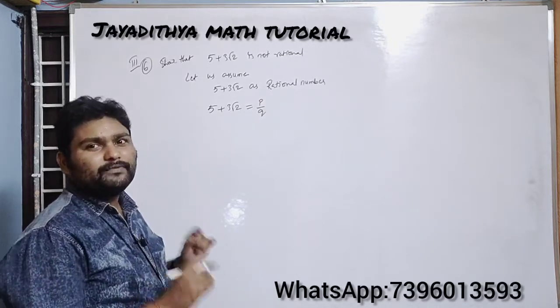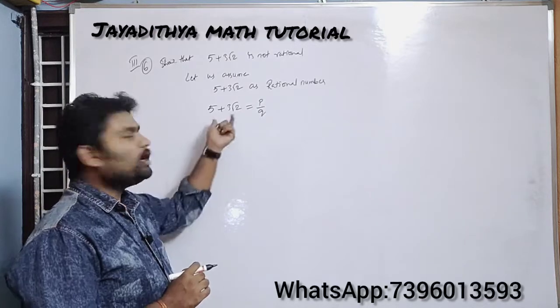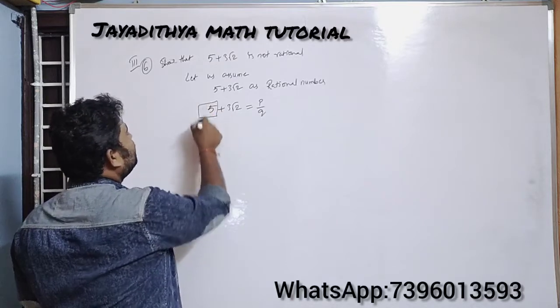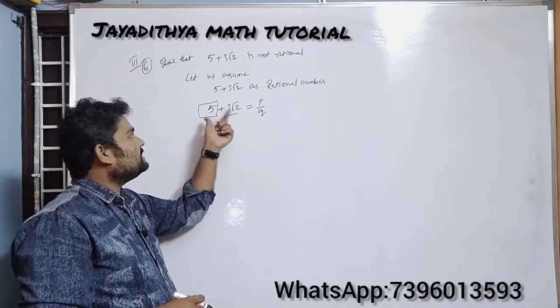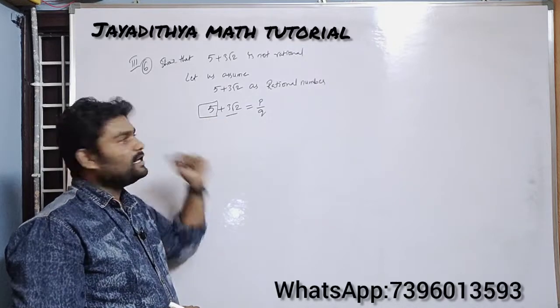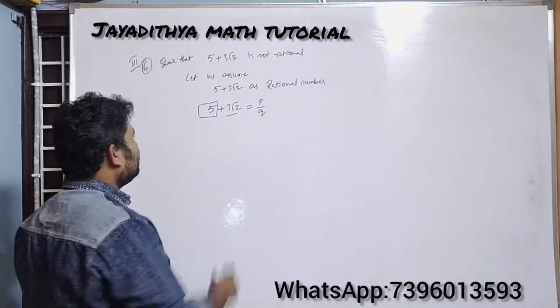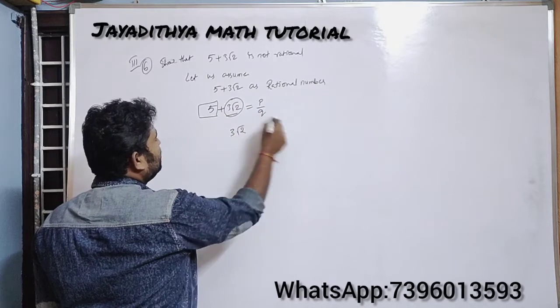Here there is no need for squaring. Unnecessarily some students are doing squaring here. This is the only model where you don't need squaring. How to identify it: one number will be a rational number and the other number will be irrational. If you have a combination like this, rational plus irrational or rational minus irrational, there you need not do any squaring. Directly you can solve the problem here. So see here, keep the irrational number this side only and take the remaining to RHS.